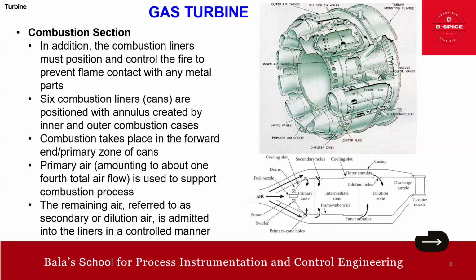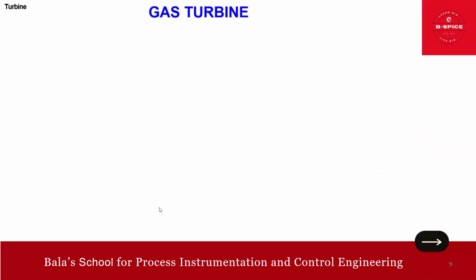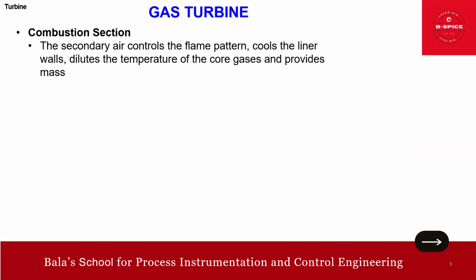So the remaining air, referred to as secondary or dilution air, is admitted into the liners in a controlled manner. That one also you just remember. So now we go here. The secondary air controls the flame pattern, cools the liner wall. That is what I mentioned there. The secondary air controls the flame pattern, cools the liner wall, dilutes the temperature of the core gases and